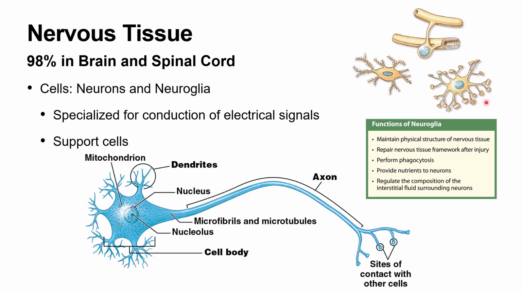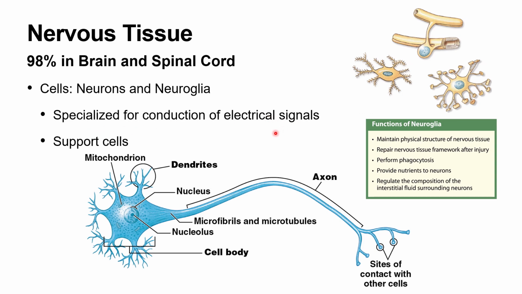This is very important because we have what's called a blood-brain barrier surrounding our central nervous system, the brain and the spinal cord. So we can't have white blood cells just crossing over into our nervous tissue to fend off invading organisms. So we have neuroglia to function for that as well. But our neurons are going to be the ones most specialized for the conduction of electrical signals known as action